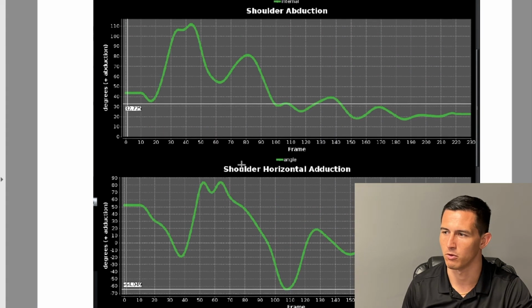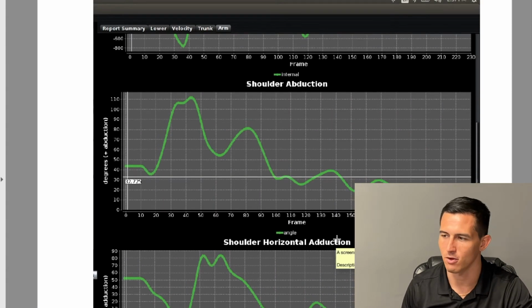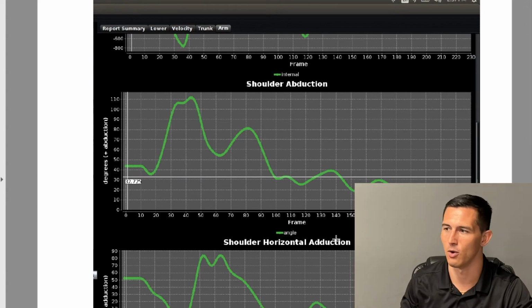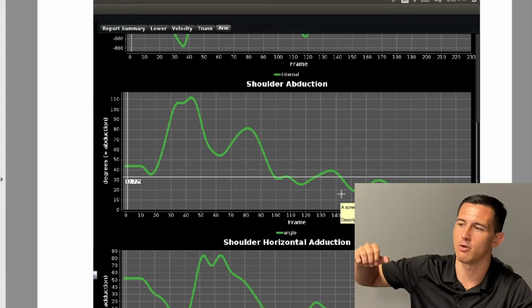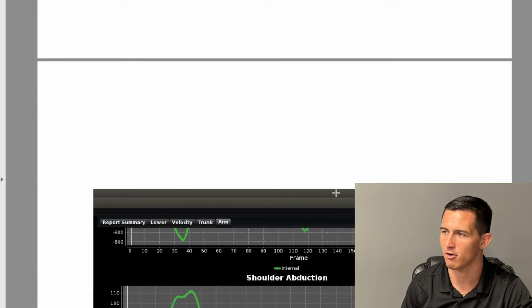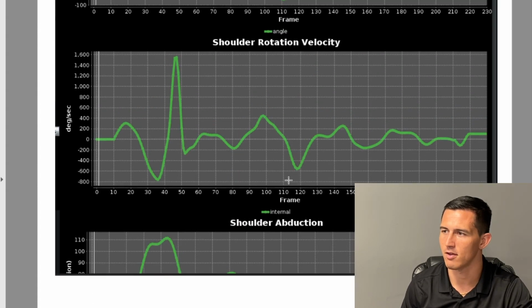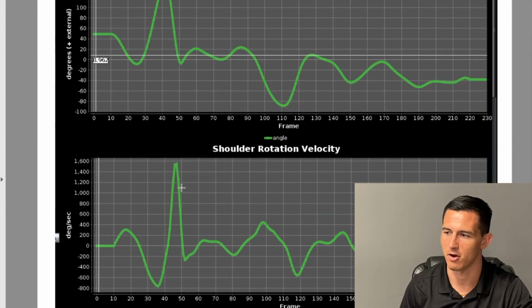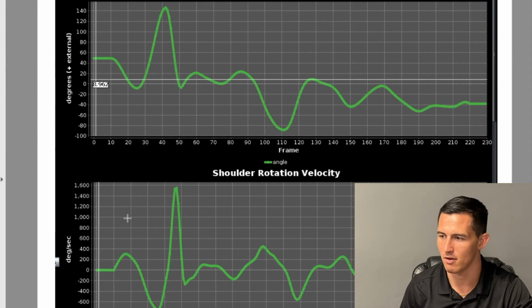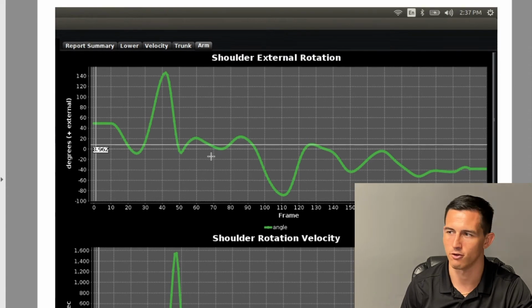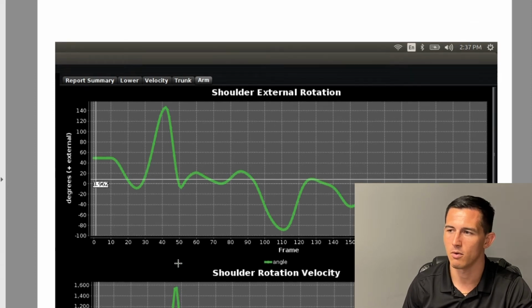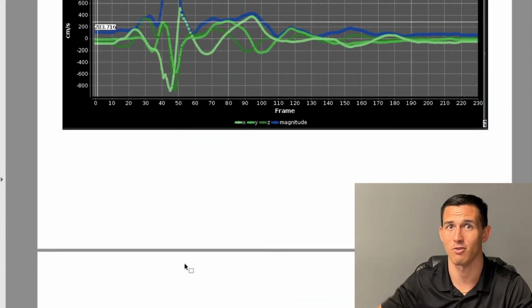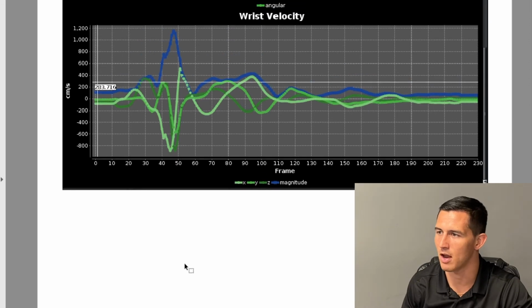We can see the shoulder horizontal adduction, which is basically your ability to kind of load, how far back you went. How high did you bring your shoulder up is the shoulder abduction during your loading phase. The shoulder rotation velocity, we've seen this already a couple times. This just gives us a better understanding of when exactly it happened, because now we can see the time frame. The shoulder external rotation, so did that happen? That should happen a little bit before your shoulder rotation velocity, right? In order to generate a lot of force, you've got to be able to get a lot of external rotation. We talk about that in our